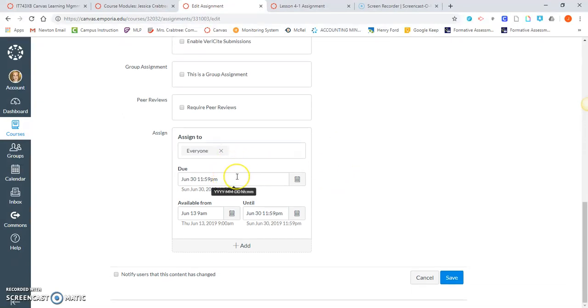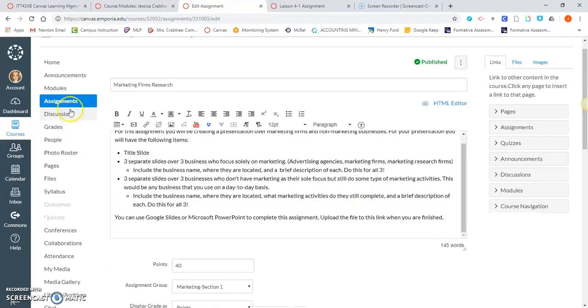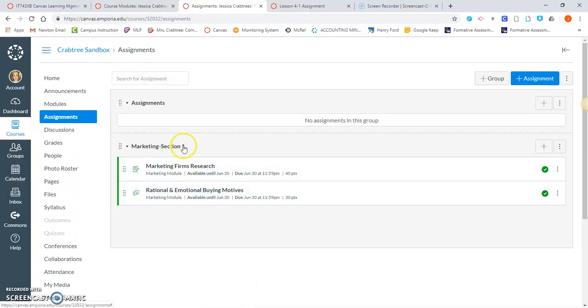I made it due just at the end of this class, so that way as people work through stuff, they can still access it. So I made it available from this morning at 9 until the June 30th date of 11:59 p.m. So on my assignments tab here, I'll show you that I made an assignment group for marketing section